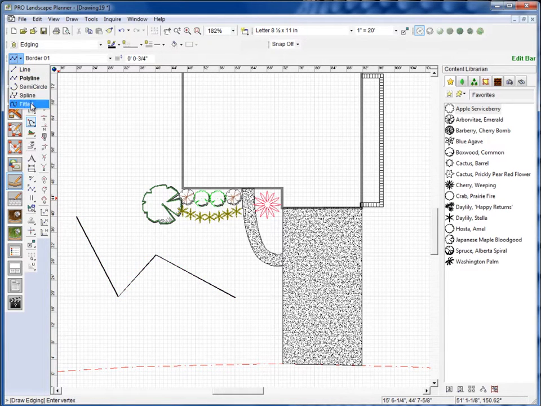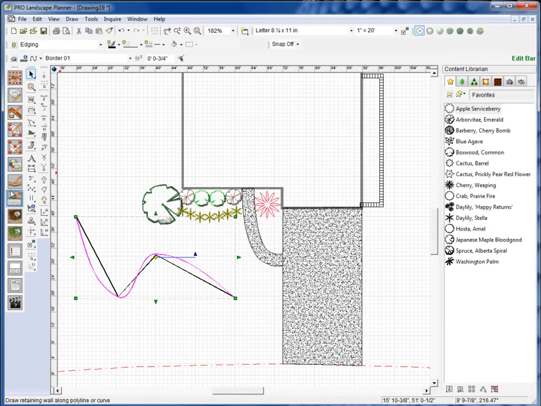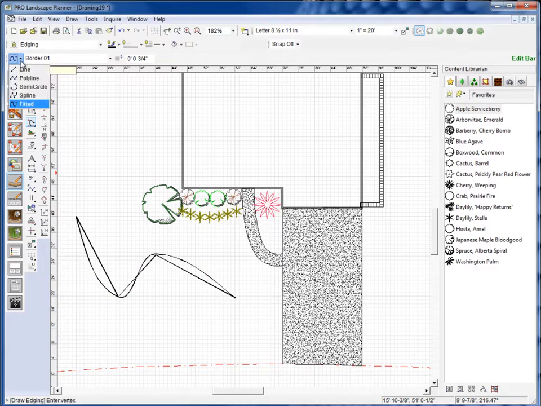This time I'll select the fitted curve and I'll click on the same 4 points. Just like that. Okay, now I'll go ahead and reselect the edging tool, and this time I'm going to select the spline line. I'll click on the same 4 points,